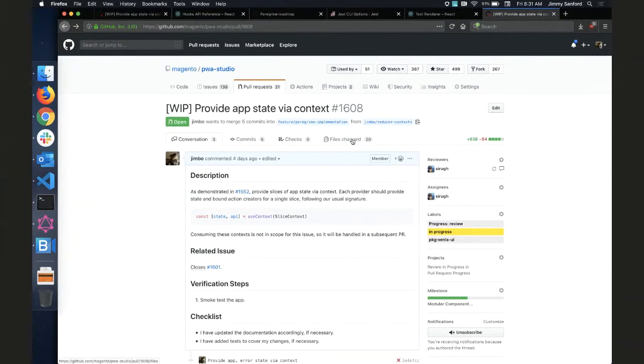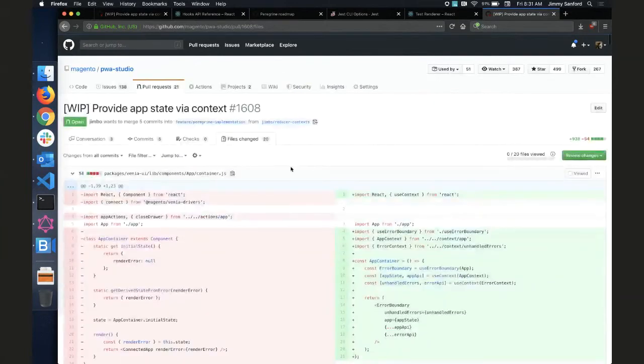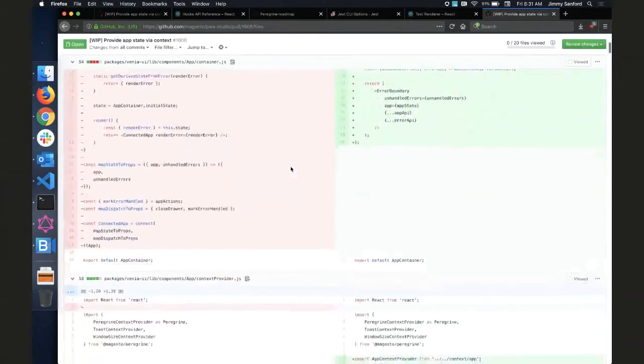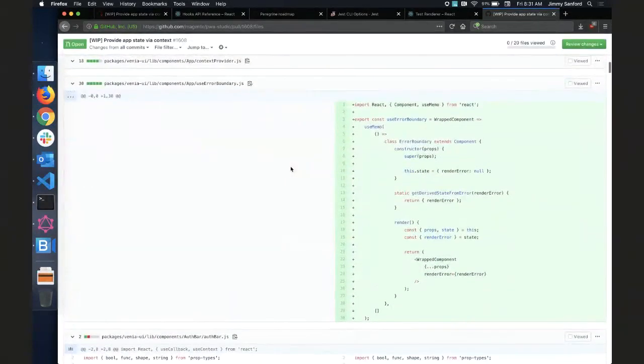I have a PR here that when the tests are fixed, we're going to get merged pretty quickly, to make application state available not just within the navigation but across the whole app.